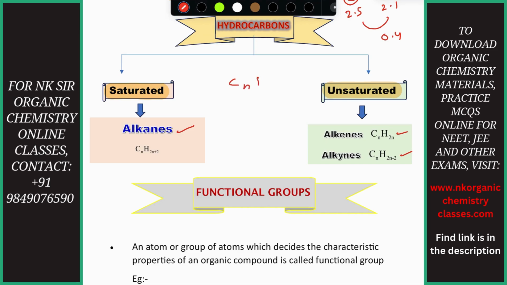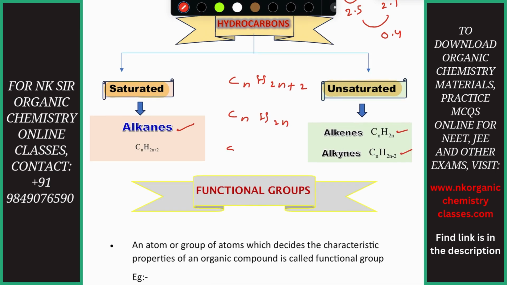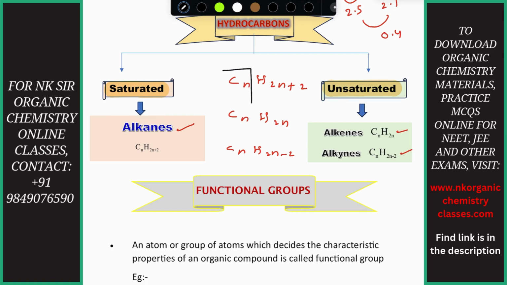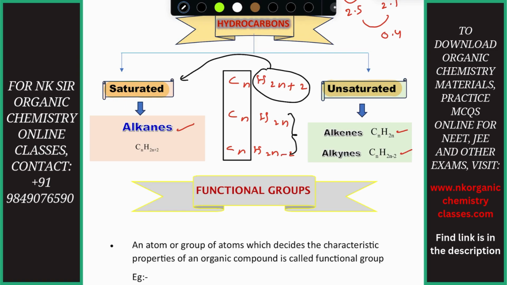Now here alkane general formula is CnH2n+2. Alkene general formula is CnH2n, whereas alkyne general formula is CnH2n-2. If you see clearly, all of them have the same n number of carbons, but they differ in hydrogens. If 2n+2 hydrogens are there, it is called saturated hydrocarbon. Whereas in alkene and alkyne, the number of hydrogens is less than alkane, therefore they